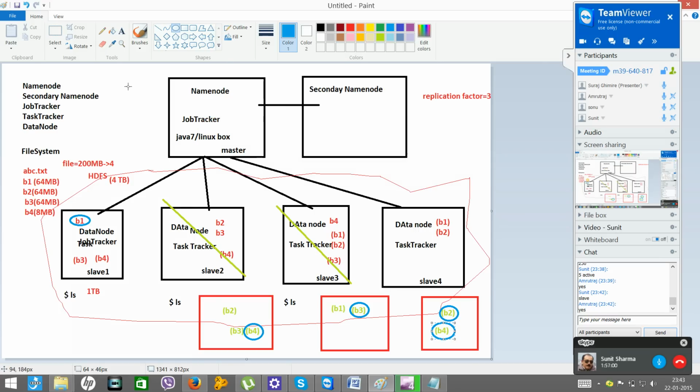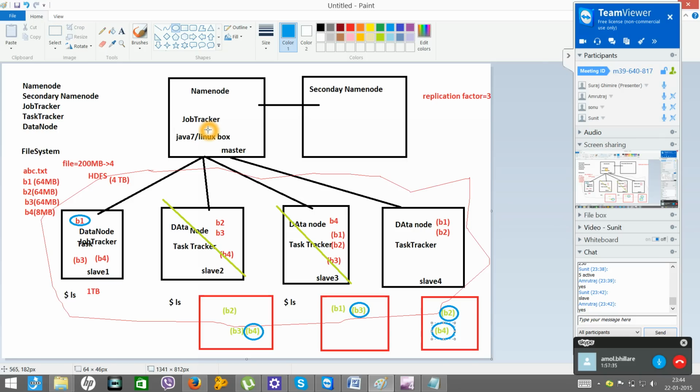Okay, so when you submit your job, the job will travel to all these nodes, and that job will be executed under the guidance of the task tracker. When you submit the job, your job will be taken by this job tracker. He is the guy. I used to say we submit the job to Hadoop. Hadoop will send it. It is not Hadoop, it is this guy, the job tracker.